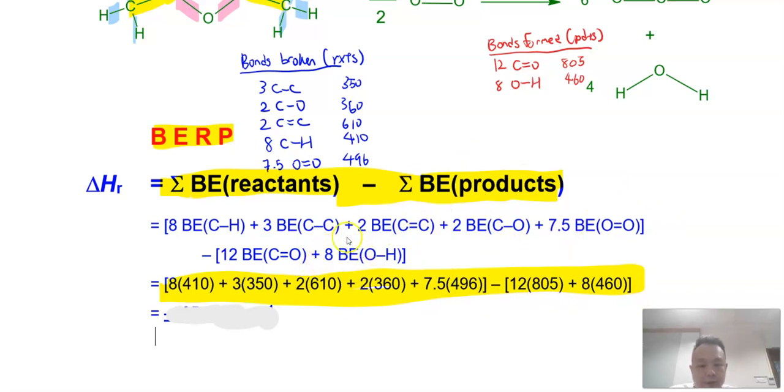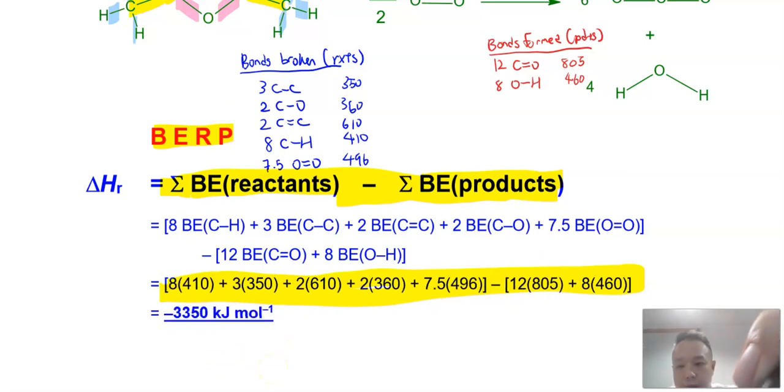So some of you may be wondering, why do we subtract away the bond energy? Because in this case, the products are bonds that are formed. As a result, when bonds are formed, it's an exothermic process. So therefore, we put a negative sign to convert all the bond energy to exothermic. So in this case, every time I form a C=O double bond, I'm releasing 805 kilojoules of energy. So when I form 12, I'm releasing negative 12 times 805 kilojoules of energy. So the rest of it is simple pressing of the calculator, you should get a value of negative 3350